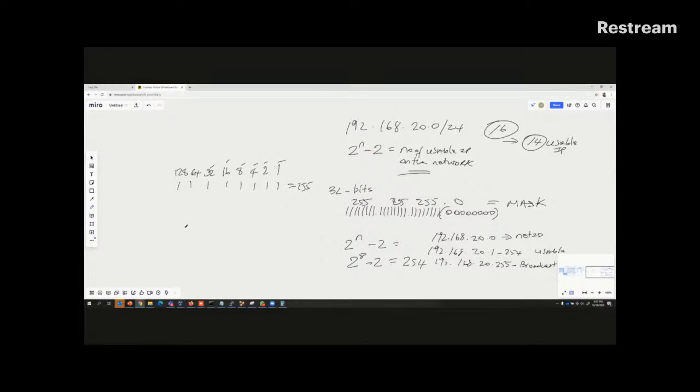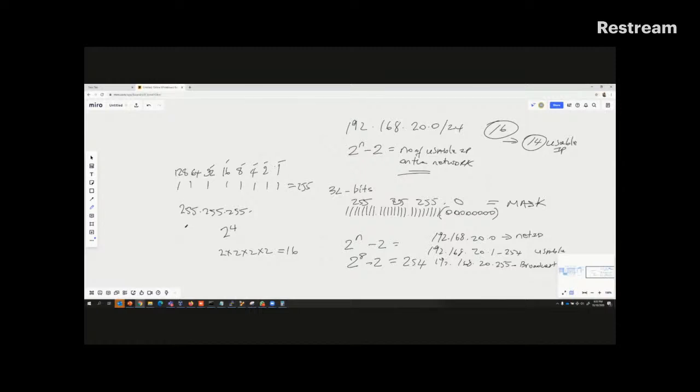All the zeros that I need in the subnet mask to break it up into 16 would be 2 raised to the power of 4, which is 2 times 2 times 2 times 2, equal to 16. So if that were the case, the subnet mask would look like 255, 255, 255, and